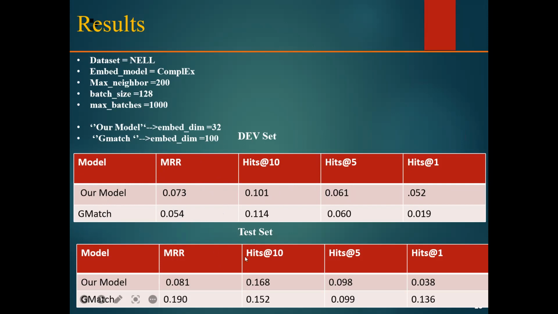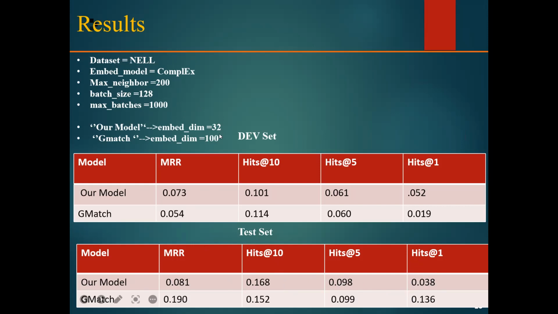For the test set, we get lower performance for the mean reciprocal rank compared to GMatching. Also here we get lower results. Just the hits at n equal 10 get better